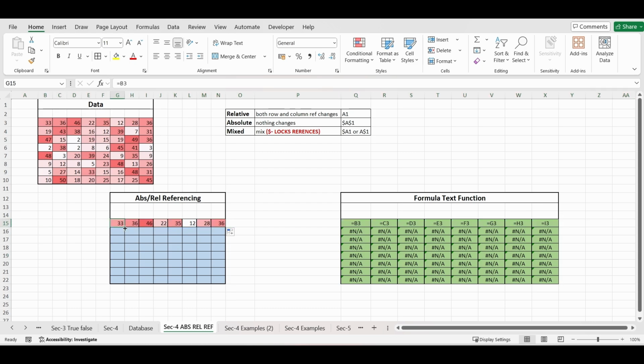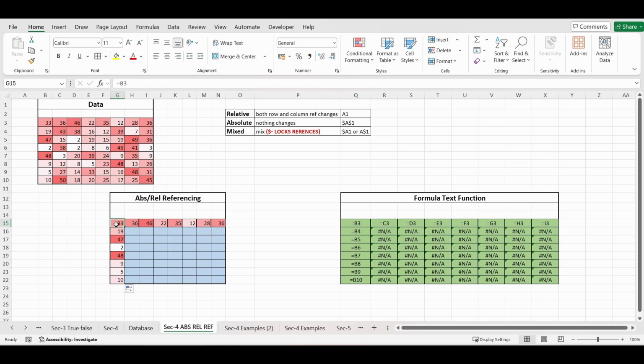And the same is true if I apply the formula by dragging it downwards. In this particular case, we are staying in the same column while changing the rows. As we move downward, the row number increases. So even in the formula, the row number gets incremented from B3 to B4, 5, 6, 7, 8, 9 and so on. But because we are staying in the same column, the column letter doesn't change downwards.